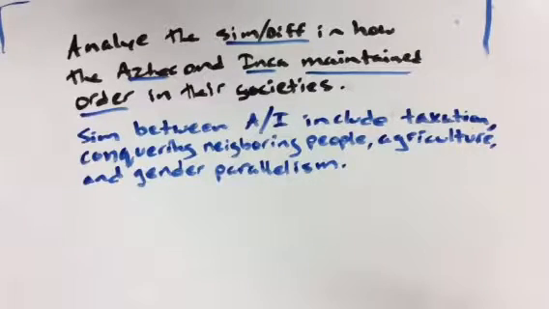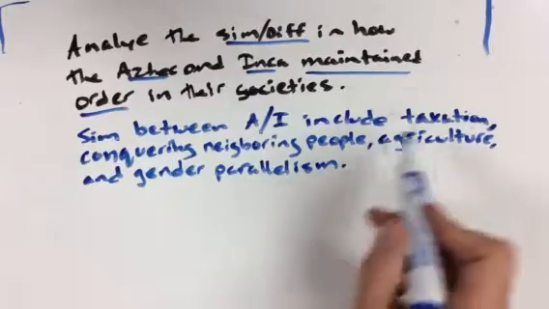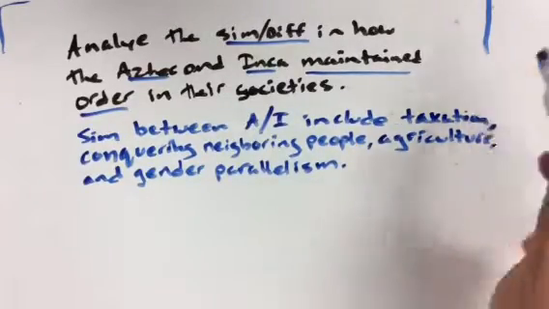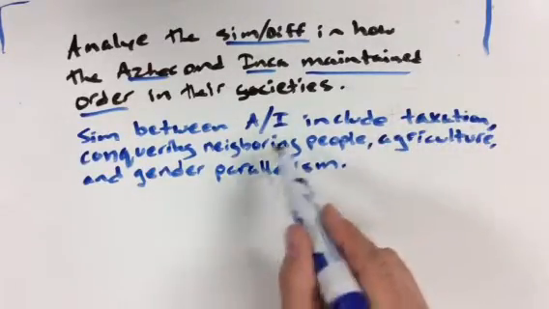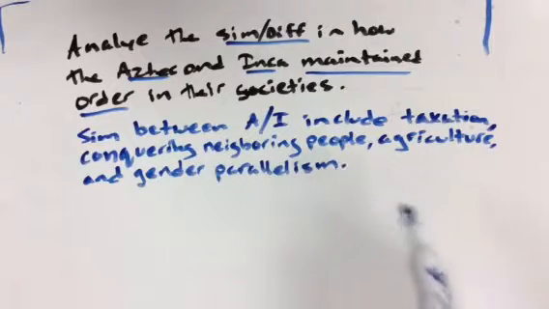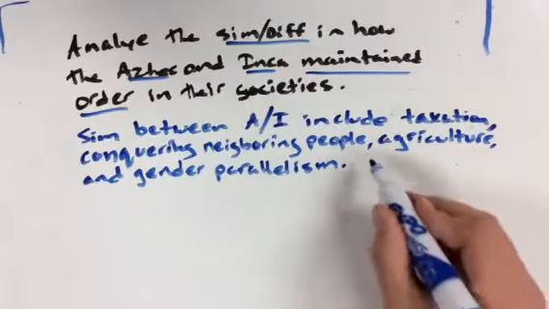So the next part's really important, and this is where people get a little bit thrown off. It's called the direct comparison. Now, really what you're doing is you made a laundry list here, right? So you're listing some facts, conquering, gender parallelism, because you want to have like 5 to 7 facts, right? That's part of one of the requirements on the rubric. But really, for the direct comparison, this is kind of an easy one, so we don't want to mess this one up. We'll say, like